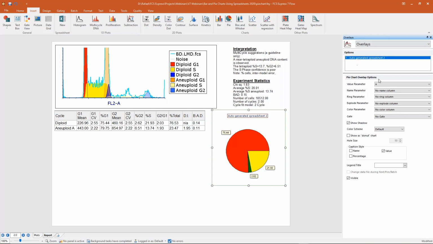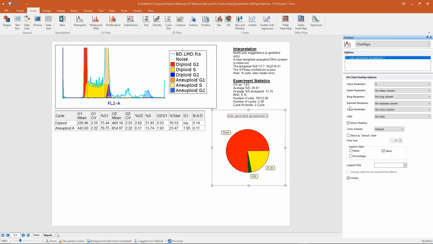And here in the pie chart overlays options, you can see that I have a number of new parameters. The first one being the value parameter, and that's used to set the values for our slices. I have a name parameter, and that allows us to annotate the slices that we have here with some text, a name, rather than just the percentage or value or color here. The ring parameter allows us to add a second set of data around the outside of this pie chart. So if you think about this chart like a donut, I have my original data in the center, that's the donut hole, maybe, and around the ring, I'm going to have the donut itself,